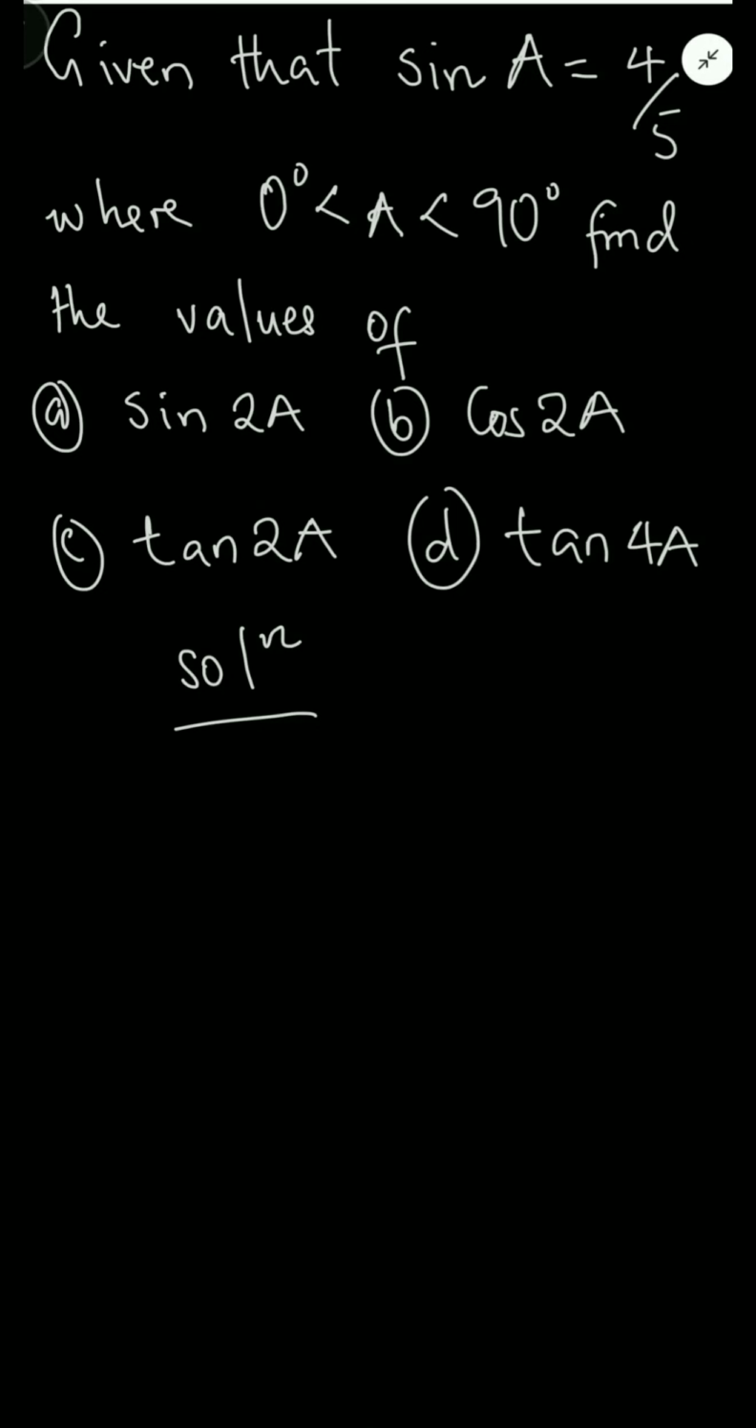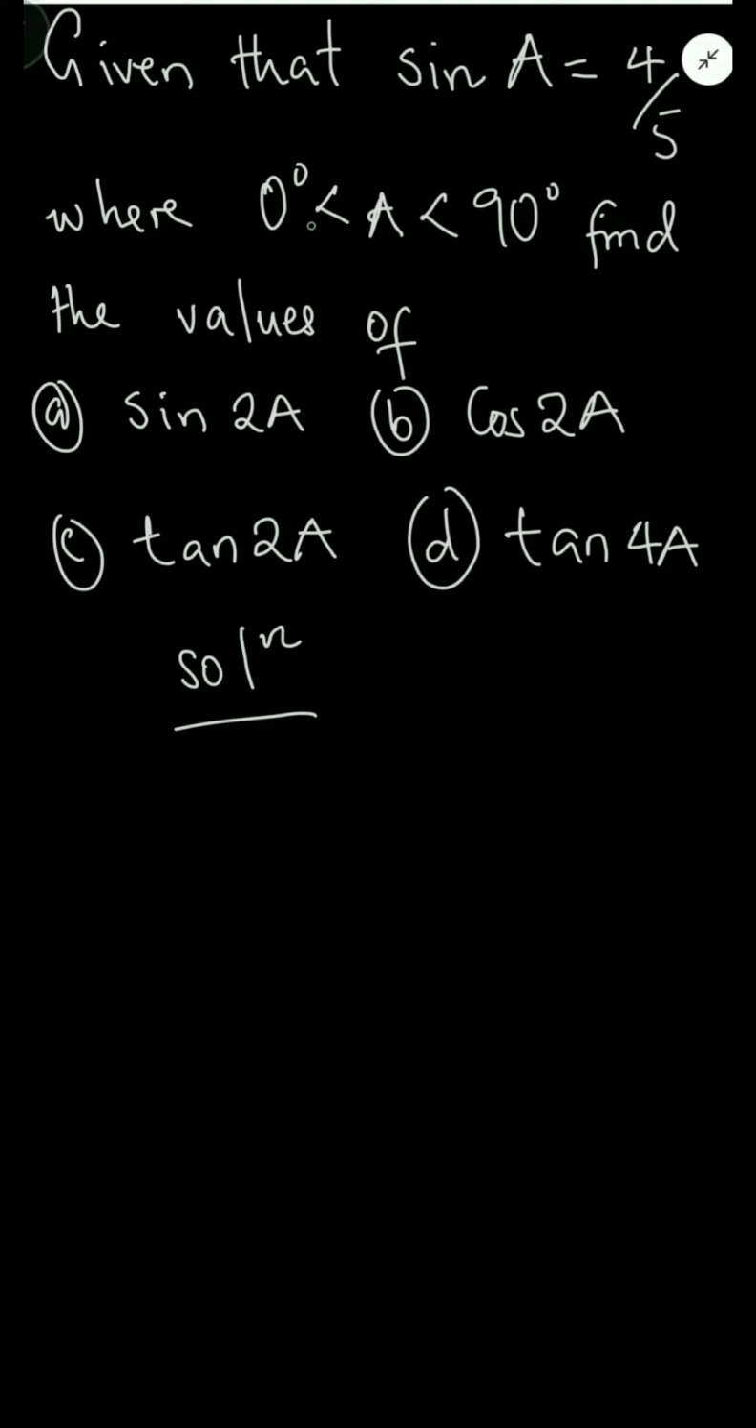So in this discussion I want us to look at this trigonometric problem. Given that sine A is equal to 4 over 5, you are given a restriction that A has to be between 0 and 90. A is not supposed to be 0, nor is it supposed to be 90. With this given, we are required to find the values of